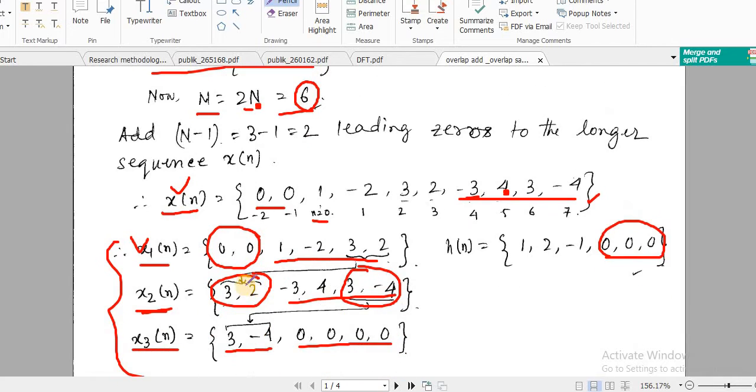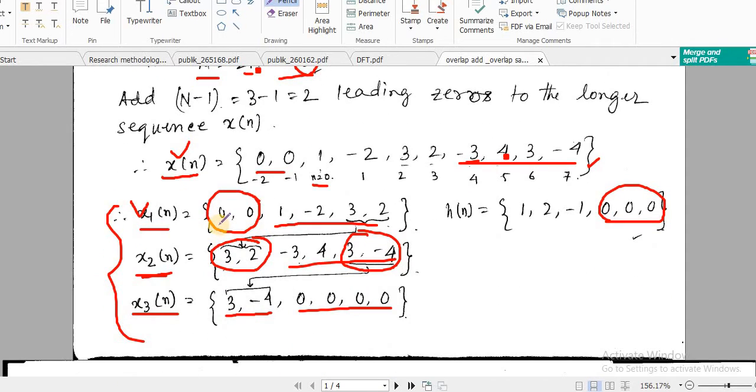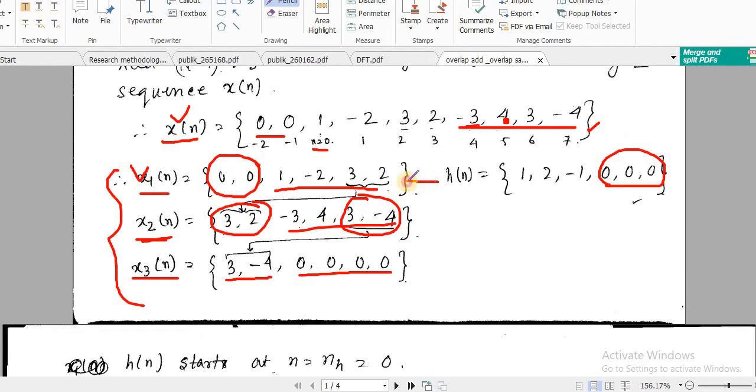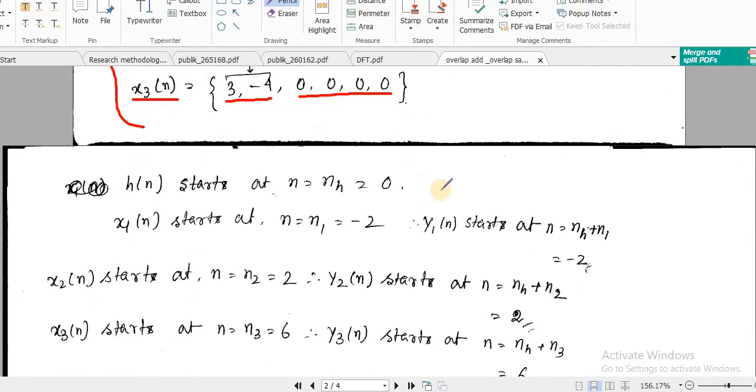So what will be the starting point of x1n? Starting point of x1n is minus 2, and starting point of h of n is 0. So if we perform the circular convolution between these two sequences, then the starting point of the result will be governed by this formula.